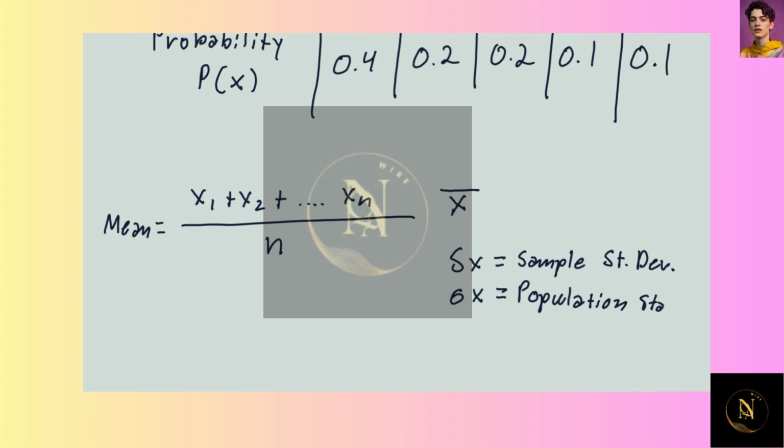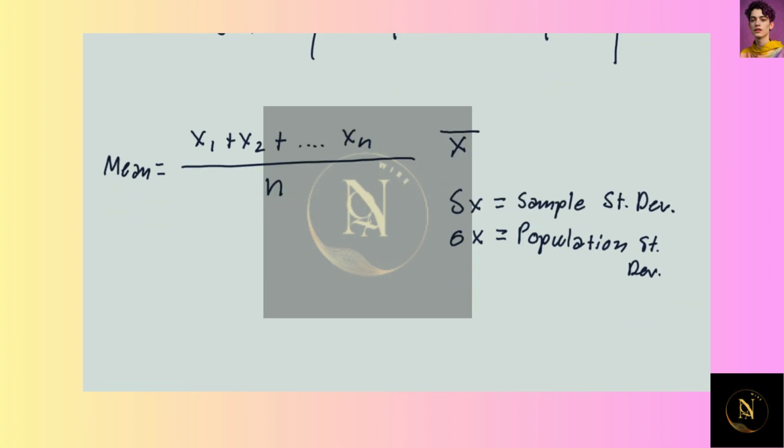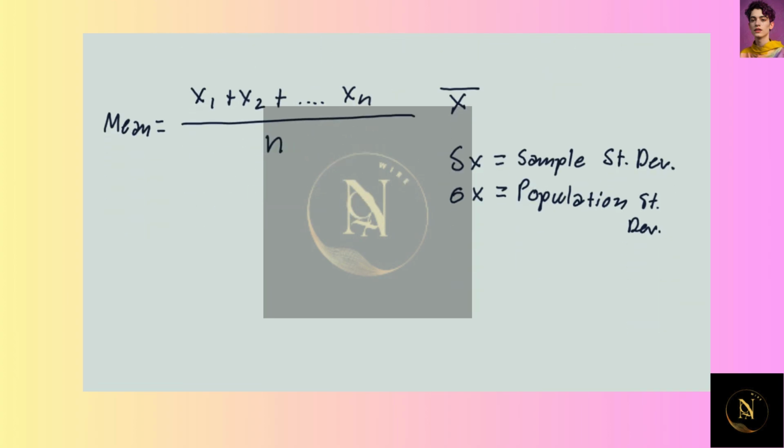Okay, let's continue on. So your mean should be 0.2. And when it comes down to your standard deviation,